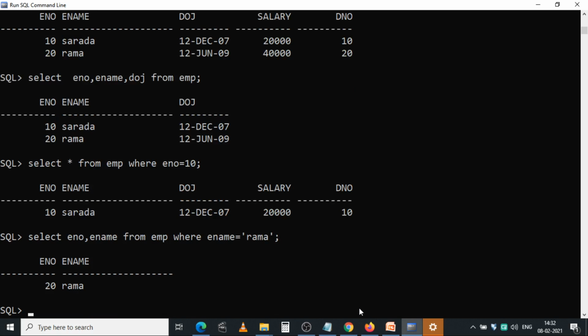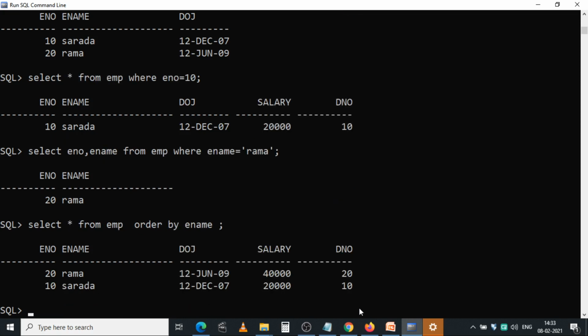Then if you want to sort those records in ascending or descending order, just use the order by clause. Select star from EMP order by column name ename. By default it arranges the data in ascending order only.